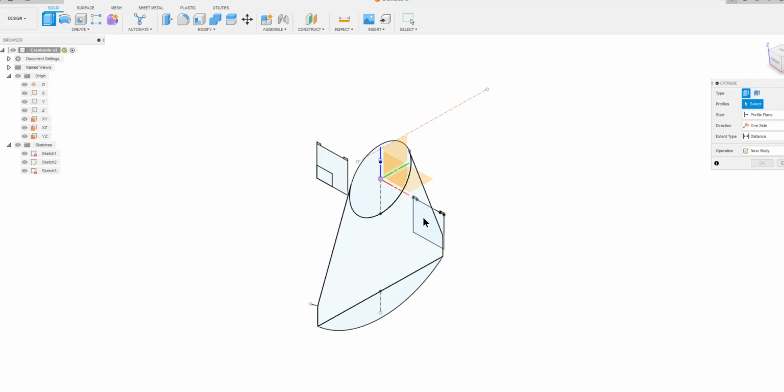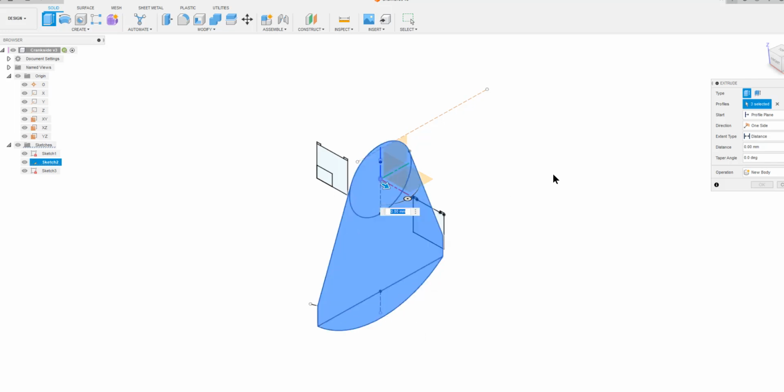I want to extrude this profile, and this profile. I'm not extruding from the profile plane. I want to extrude from an offset plane, and the offset I want to use is equal to the